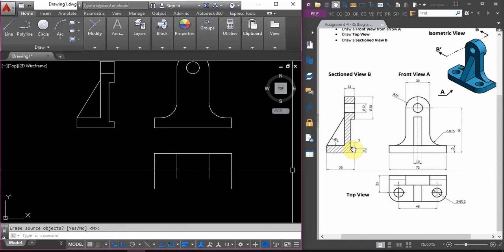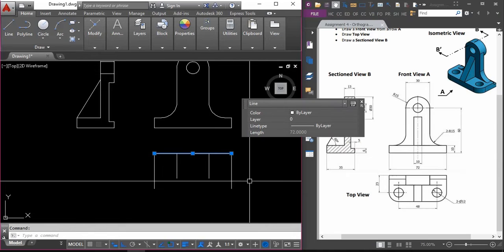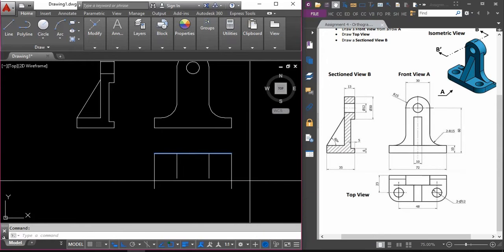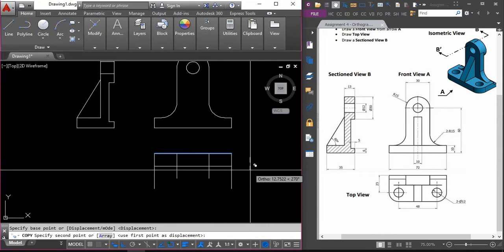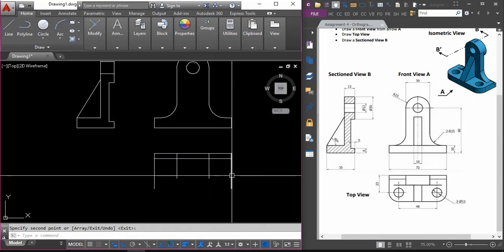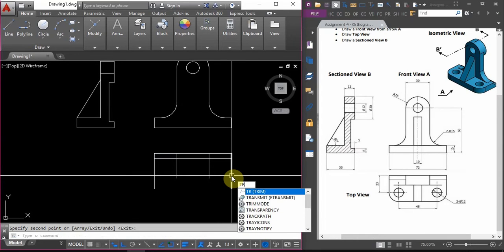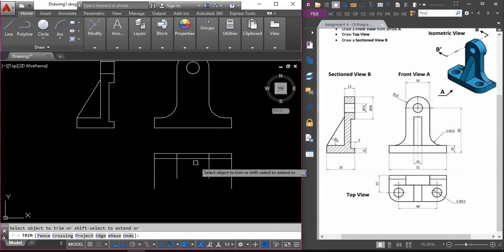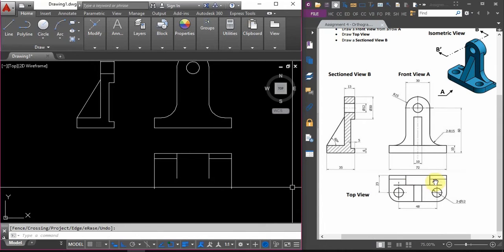So it will be 5 millimeter down. So I copy this and move it down 5 millimeter. Okay, so I can do the trim, TR trim, and I press spacebar 2 times. So we select this. So finish this part,